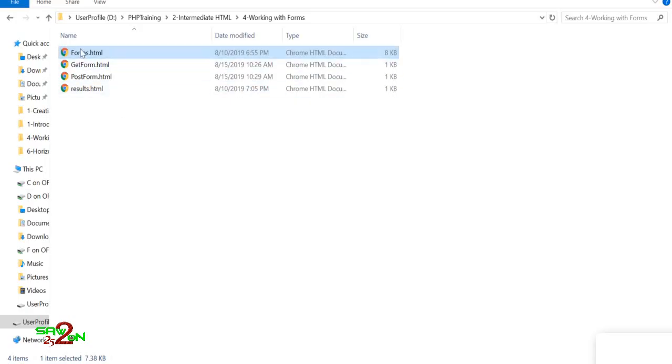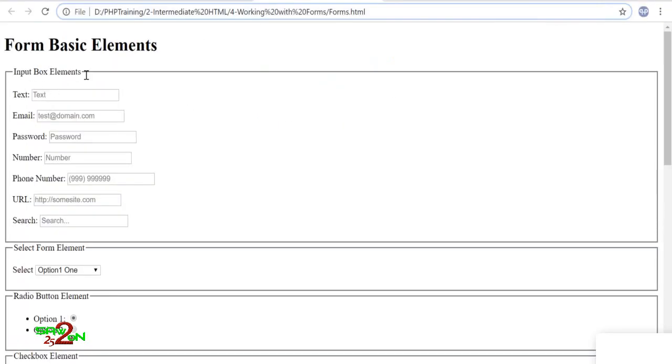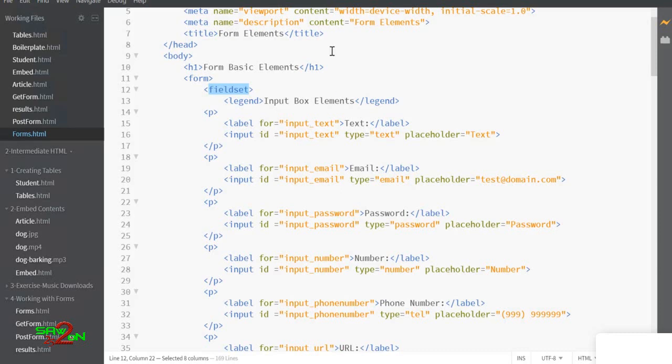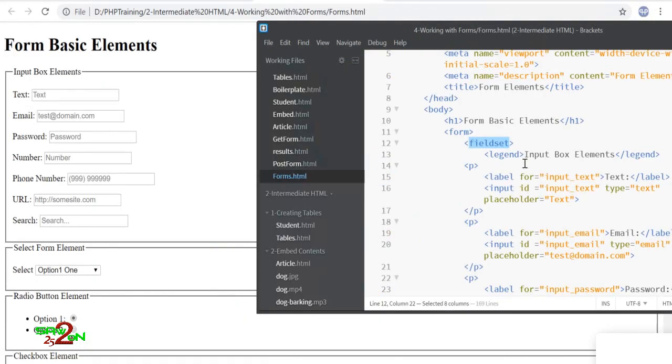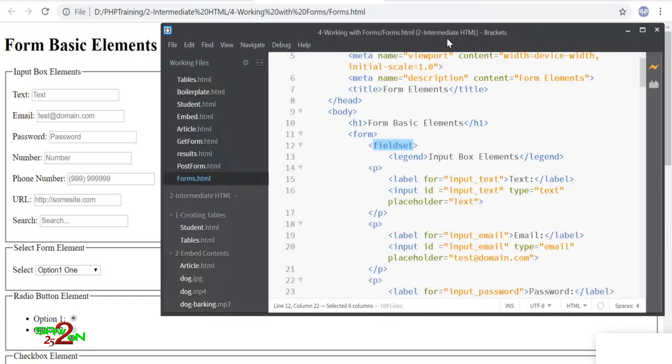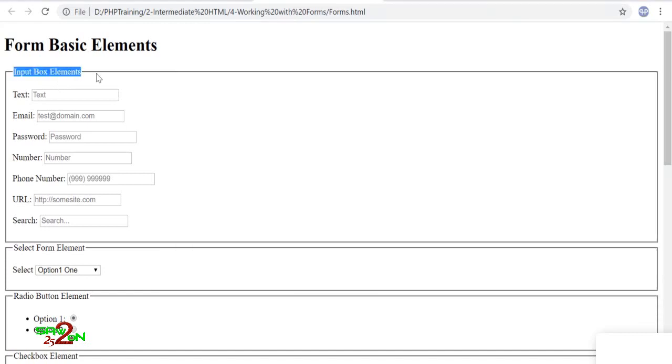This output is called form fieldset. You see the line here is basically the grouping of the fields. Let's do a comparison of your code and the output. For the fieldset, you can define a legend where you can add some text over here.